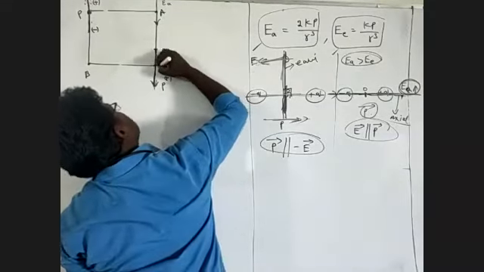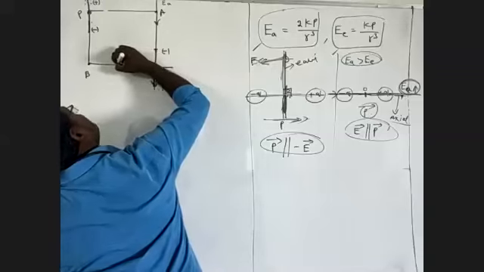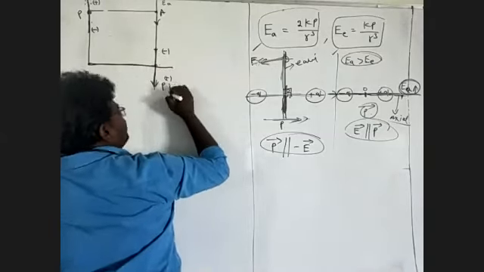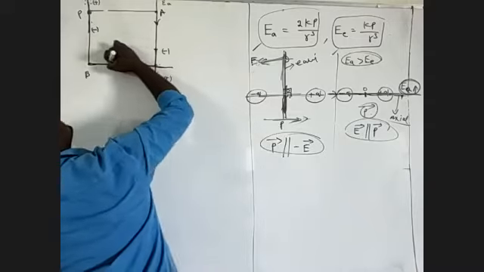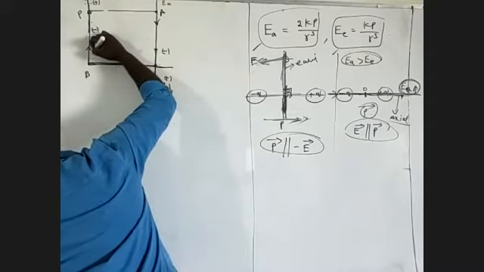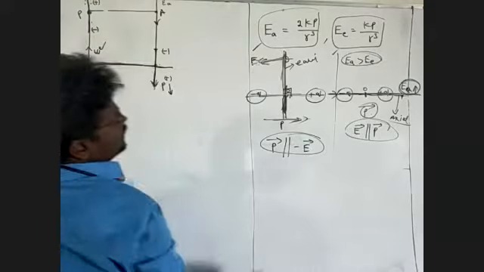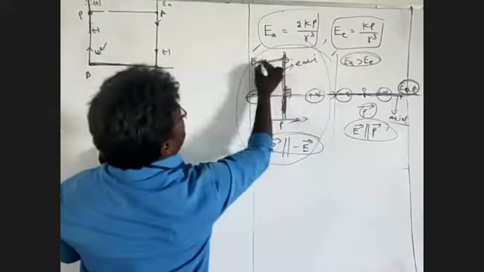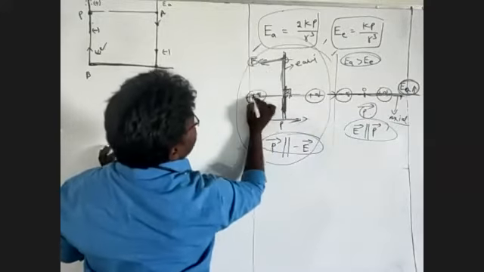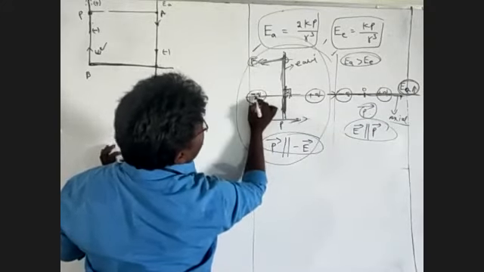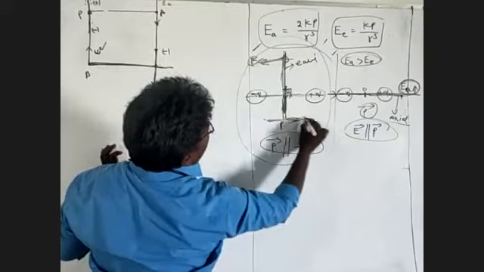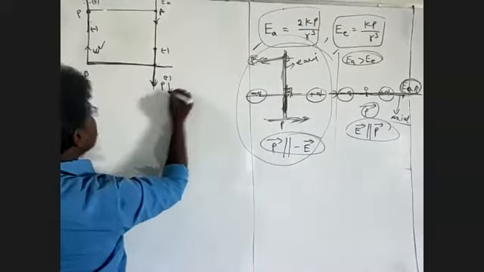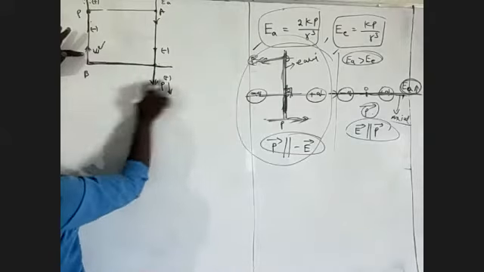This straight line passes through the center of the dipole. This line is perpendicular to this field. The direction of P bar is downward. E bar is in this direction. Now you will see in this concept, E bar is on the negative side, and E bar and P bar are both in opposite directions. P bar is down, E bar is in the upward direction.